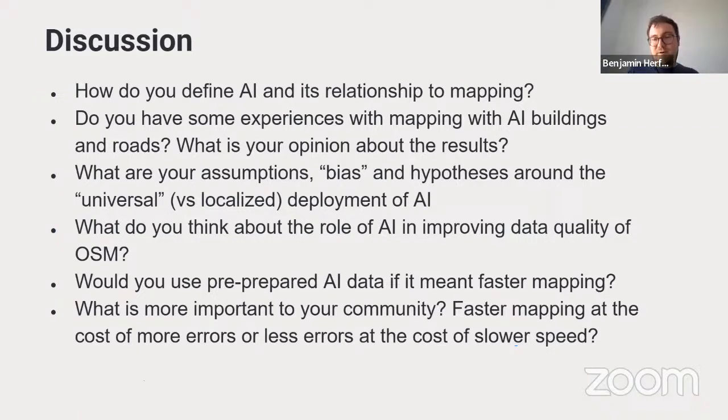Maybe this is a good point about the influence of AI-assisted mapping, to say it might help us and it will have a big influence, but it also actually makes a need for more experienced mappers. And this is a bit of a contradiction here, right? So you are faster, but only if you are experienced. But I've seen it just in the chat. How do we build the experience in the first place? I think this is not clear.